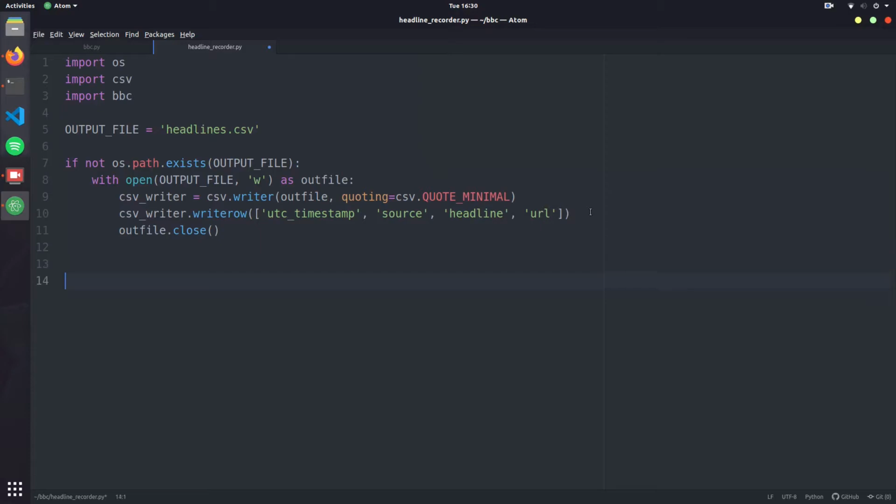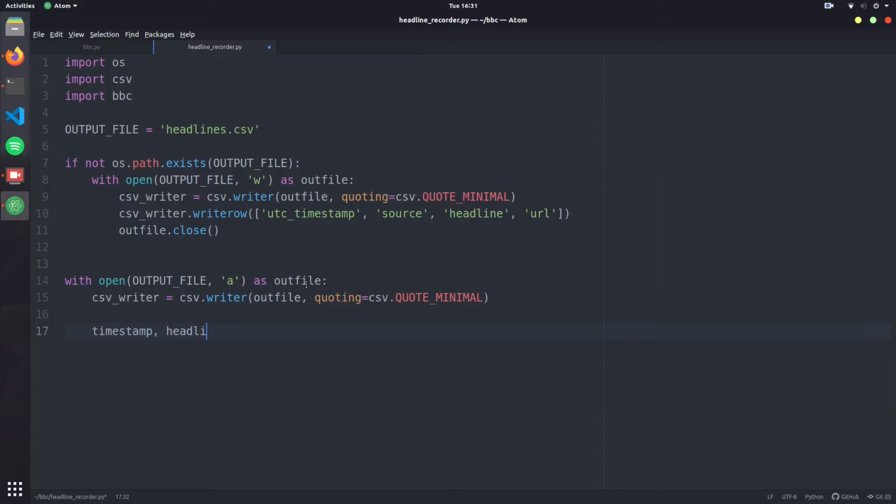Okay, so now we are ready to actually write the headline, which means we need to reopen our output file in append mode. We don't want to delete what we already have. Still going to call it outfile, and we are just going to copy our writer from earlier. Now we are going to get a timestamp and a headline from bbc.grab bbc,